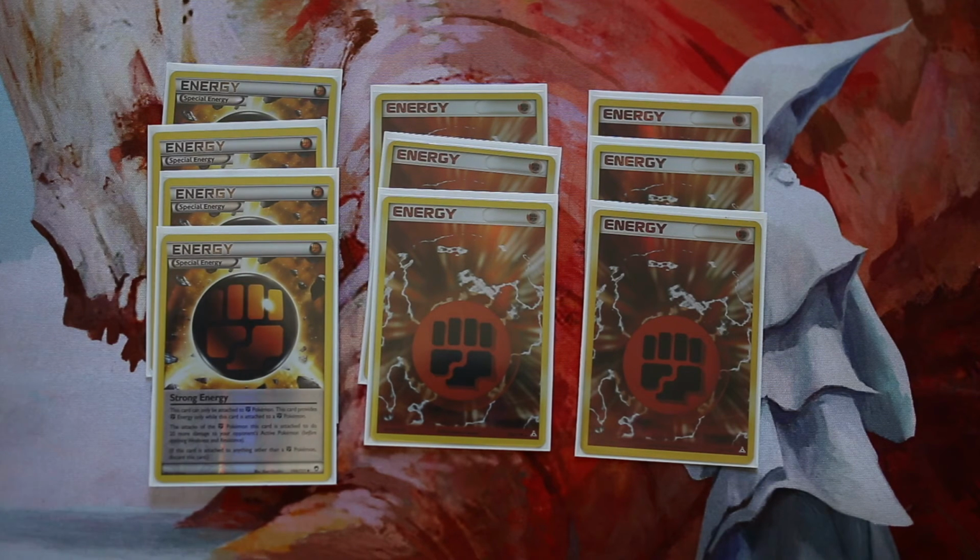And finally we have our energy cards. Energies would be the equivalent to a land card in Magic the Gathering. You can only play 1 energy per turn in the same way that you can only play 1 land a turn. Our strong energy can be only equipped to a fighting Pokemon, which happens to be our entire deck,